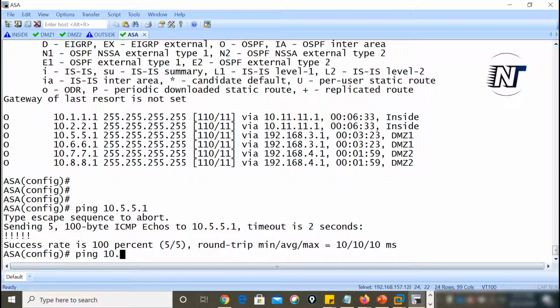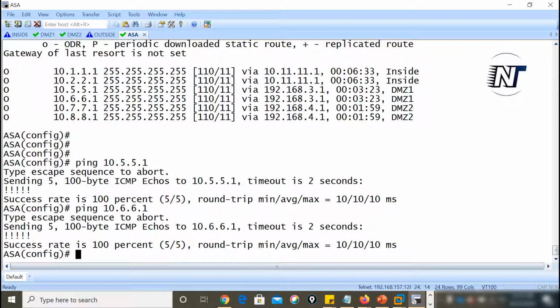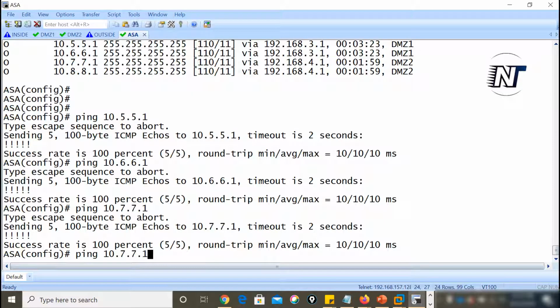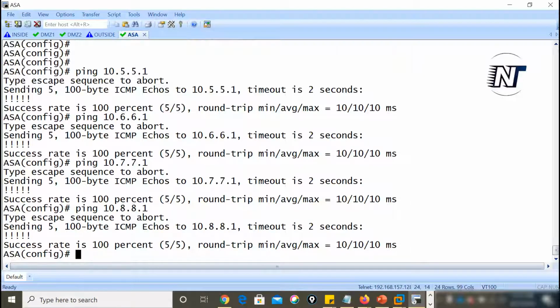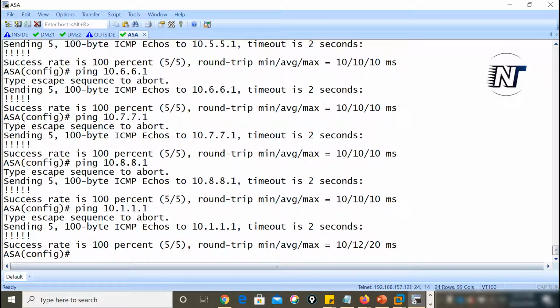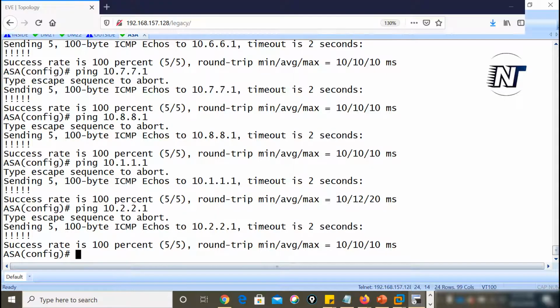Ping 10.6.6.1, yes. 10.7.7.1, yes. 10.8.8.1, yes. 10.1.1.1, yeah. 10.2.2.1. So ping is also working.